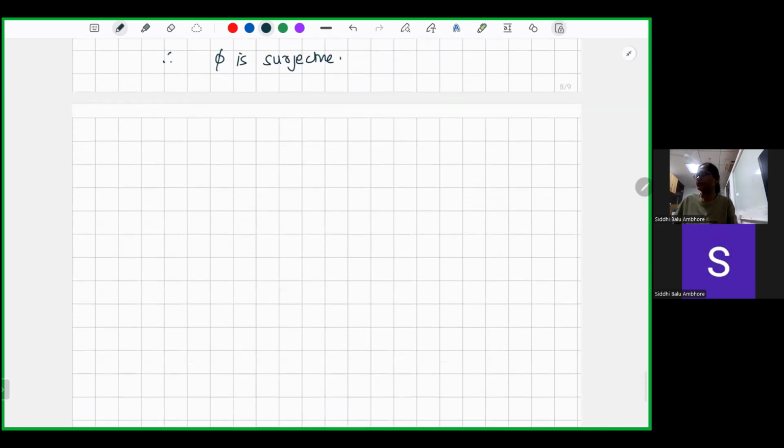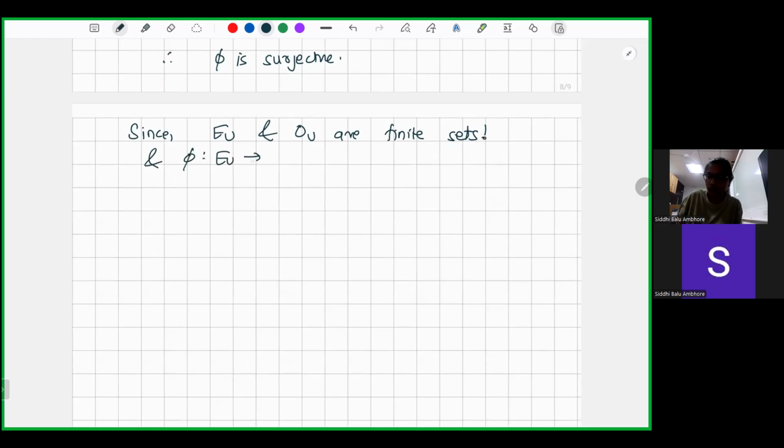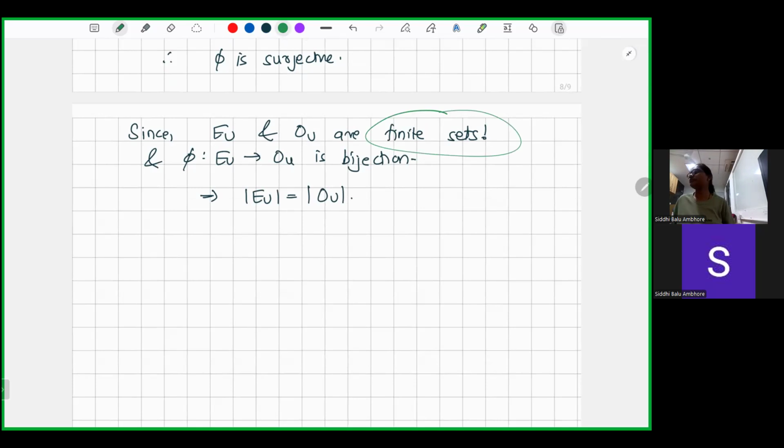Okay, and since both this EU and OU are finite sets, and phi from EU to OU is a bijection, this implies that the cardinality of EU must be equal to the cardinality of OU. Okay, this thing is important here. Okay, so hence